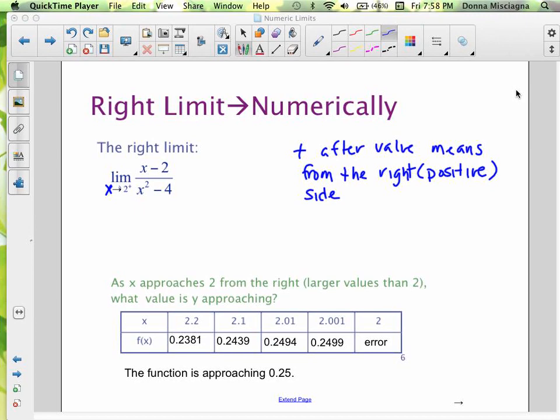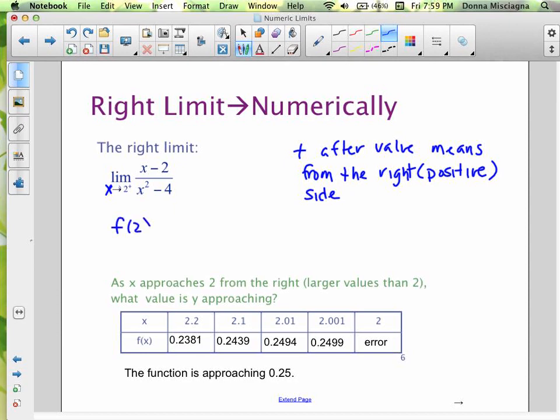So let's see what's happening. When x is 2.2, f(x) is 0.2381. When x is 2.1, our function is 0.2439. When x is 2.01, the value of the function is 0.2494. Look what's happening. As x is getting closer and closer to 2, our function is getting closer and closer to 0.25. The function doesn't exist itself at 2,